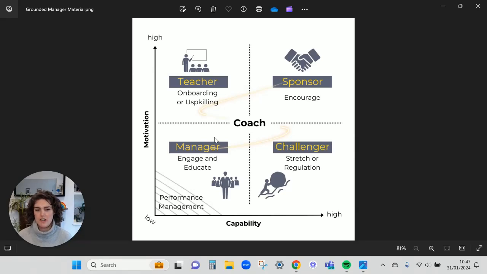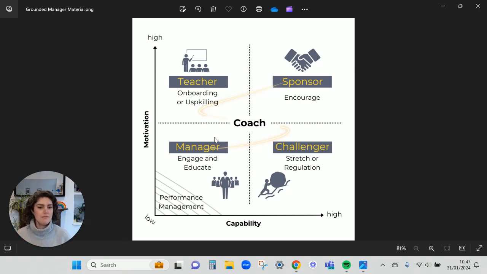All right, this is to encourage you to think about your style of management and considering what's your go-to style, and then situating that in relation to what your team members actually need from you at any given time. So you will probably find if you just took an empty graph plot, motivation on the side, capability across the bottom, and then plotted your team members across that graph and decided how capable are they at any given time and how motivated are they at any given time, you will probably have quite an array of team members across